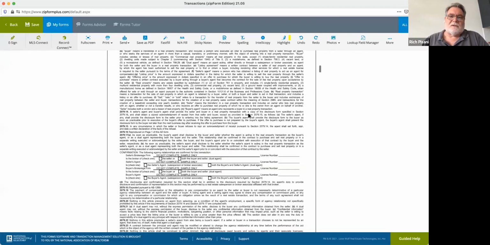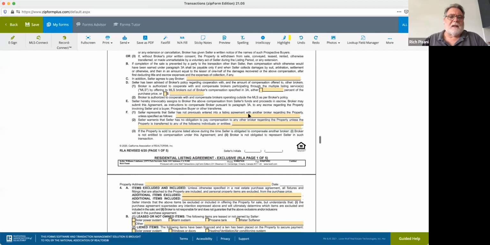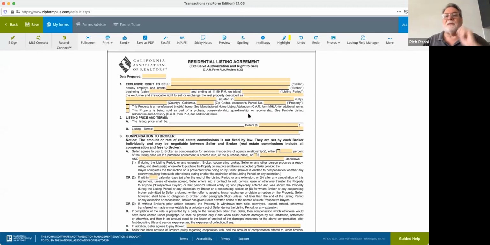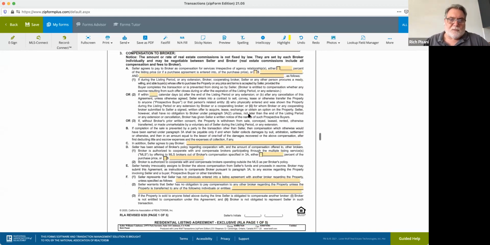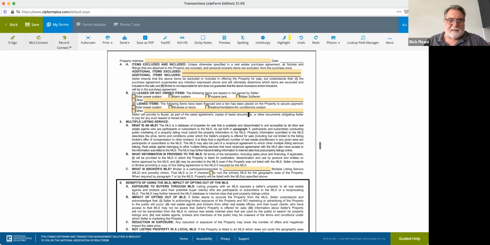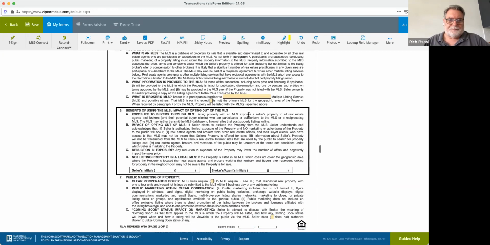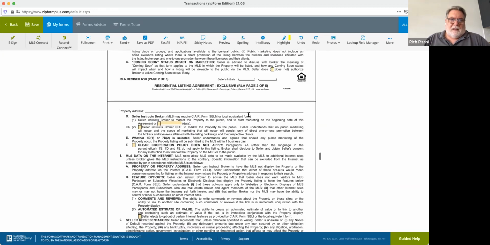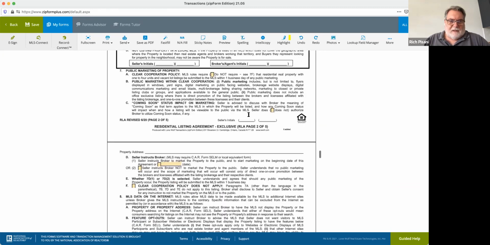We're going to go straight to the agreement, and I'm only going to highlight what needs to be done on the listing agreement in order to exclude it, because there is one area, and it is item number 7D,